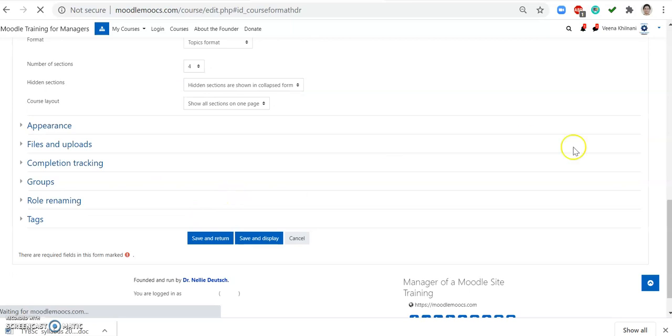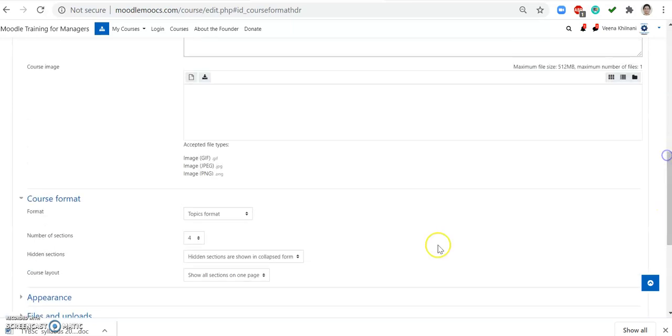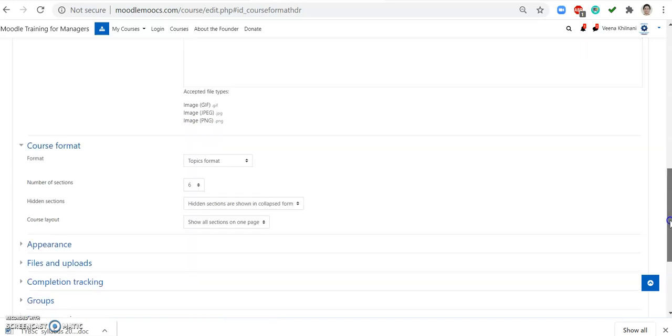and then we can have other details like number of sections over here. We will just now introduce about 5 sections or 6, maybe with an introduction and a certification, maybe 6, and then the hidden sections are shown in collapsible form, or you can have them completely invisible. So let us have them in the collapsible form, and you can show the sections on one page or show one section per page. So let us have them all on one page now initially, and for the appearance